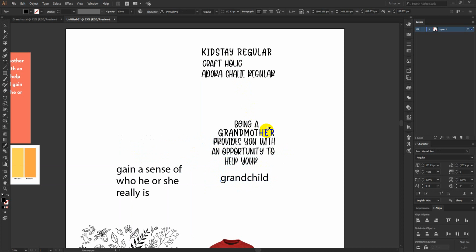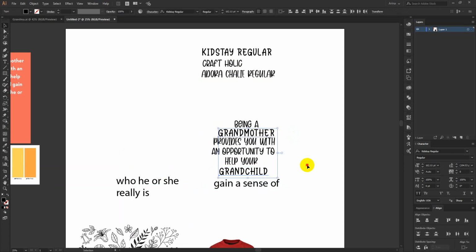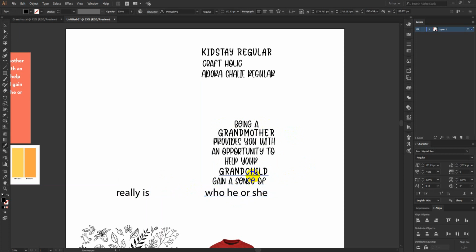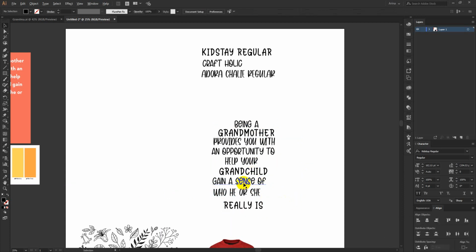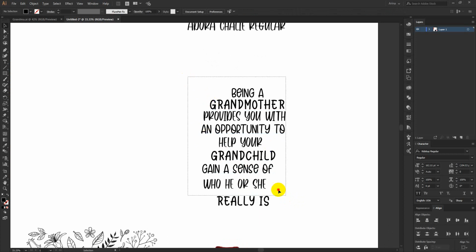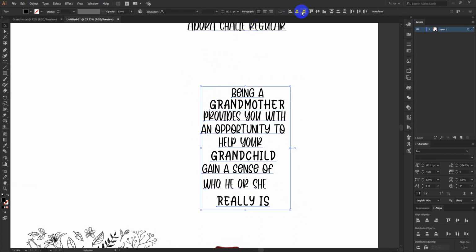Okay, here is my grandchildren. I am going to use that bold looking font here just to keep these two in focus. I am not going to use this font in any other word, and that's how these two words will be in my focus. Or I can use that font here because this is the last line. I can just use this. Okay, so these are my designs, these are ready.